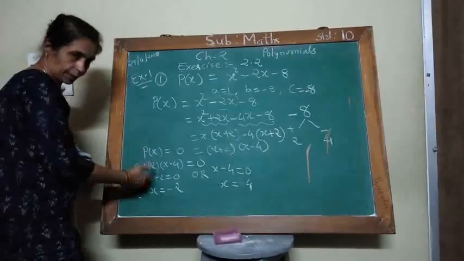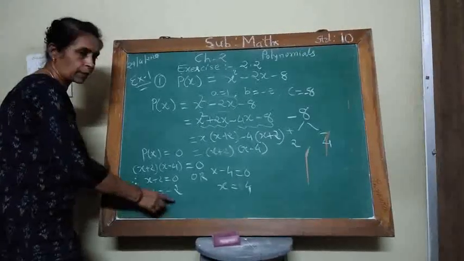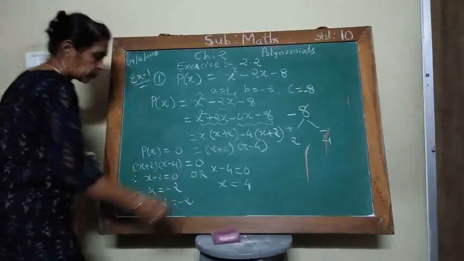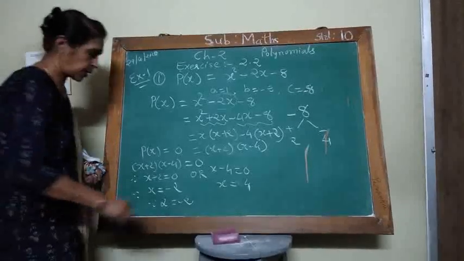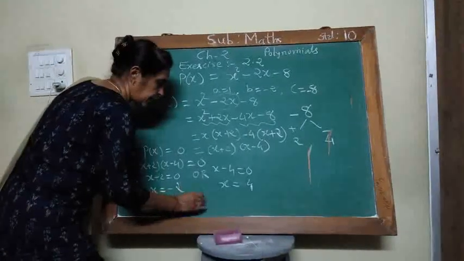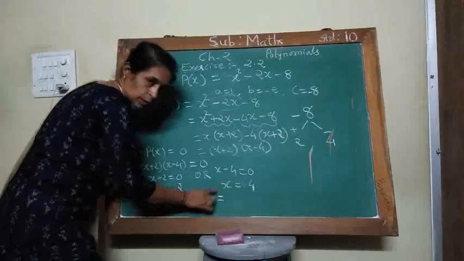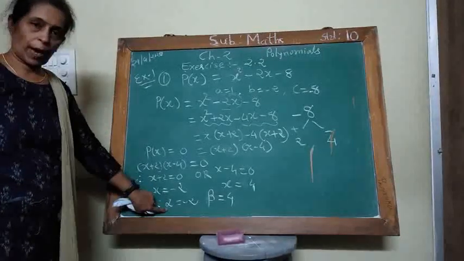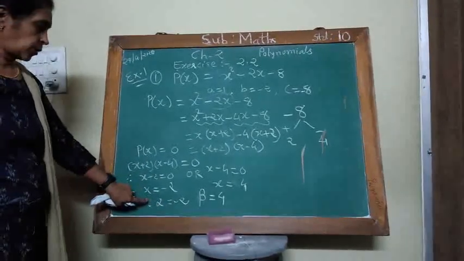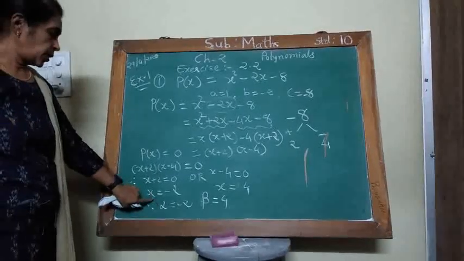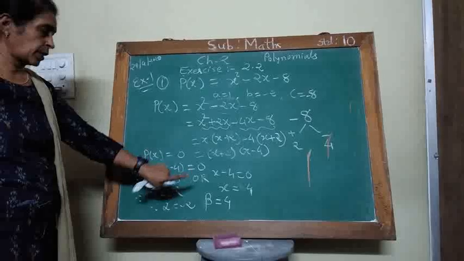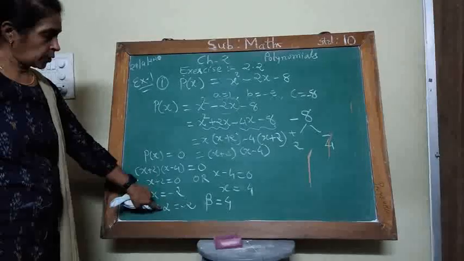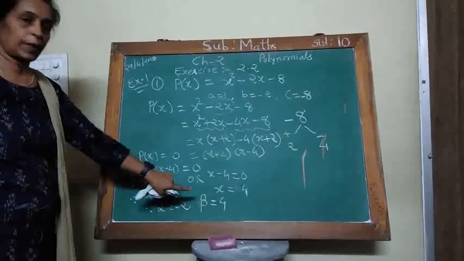And if I give the name of the zeros generally, alpha and beta are the zeros. Instead of x I write alpha equal to minus 2, and the second zero I name beta, equal to 4. So you may give the names alpha and beta. They are the general zeros of the polynomial. So you may write x equal to minus 2, x equal to 4, and replace x by alpha and by beta because they are zeros. So the value of alpha is minus 2, the value of beta is 4.